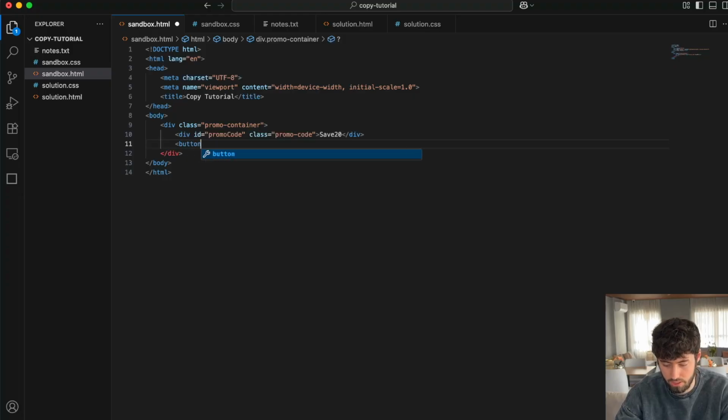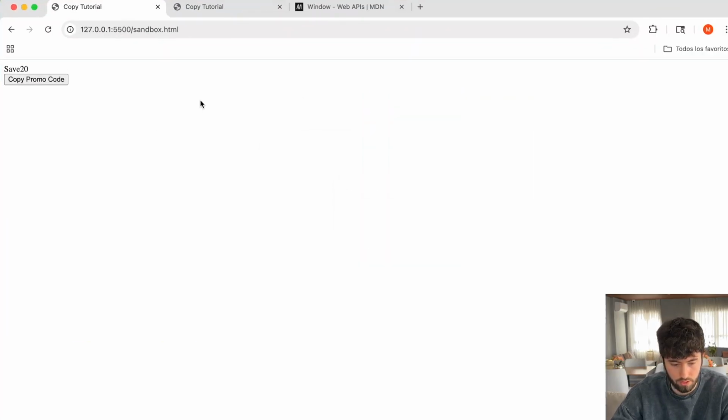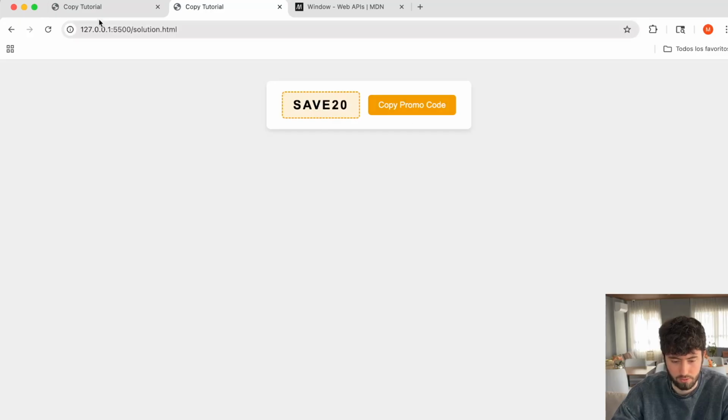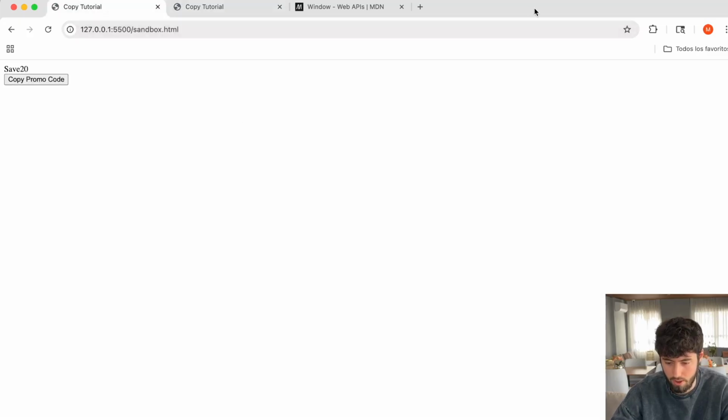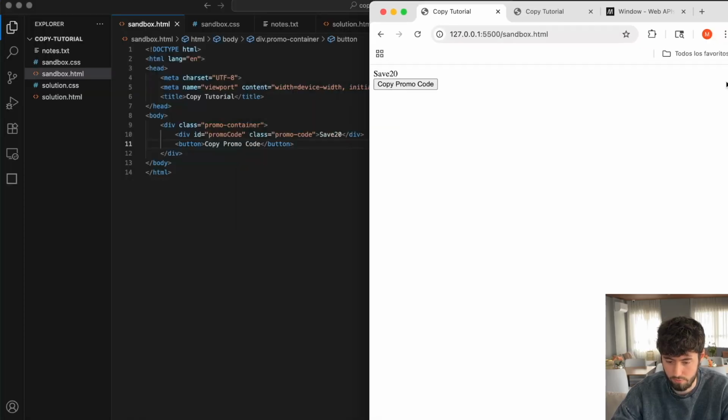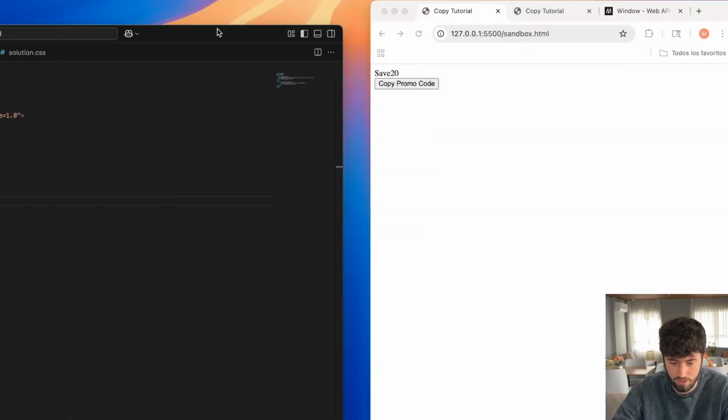And then the next element is just going to be a button. We're going to go into that in more detail later. But we're going to say a button, and then we're going to say "copy promo code", like so. So "save 20", "copy promo code". That's exactly what we're doing. So that's it for now. We can go ahead and move this over so we can see what we're doing, and then we can hop into